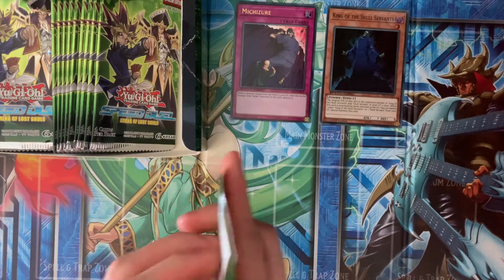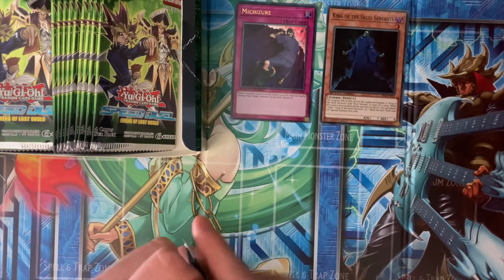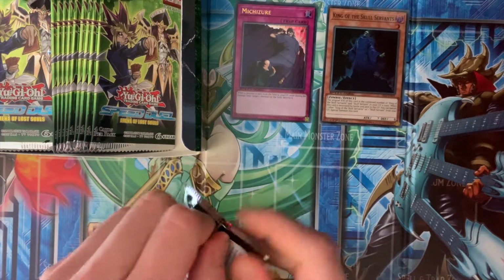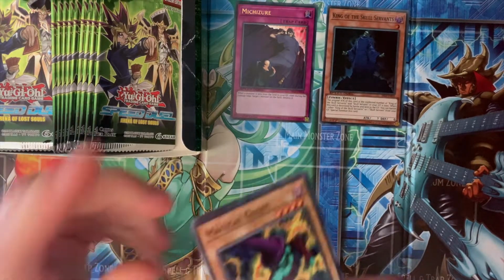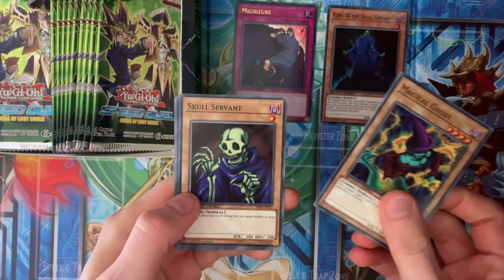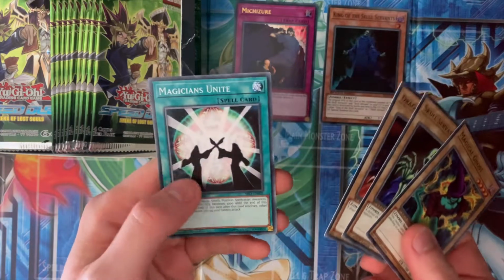Just because it was kind of like the poor man's Monster Reborn, I guess. But the downside being it's in face down defense mode, and your opponent gets one too. Useful early on in the game, especially if you've got some flip effect monsters in the graveyard and your opponent really hasn't got anything there yet. We've got a Magical Ghost, Skull Servant, cool, to go with King of the Skull Servants, Dragon Zombie, and Magicians Unite,